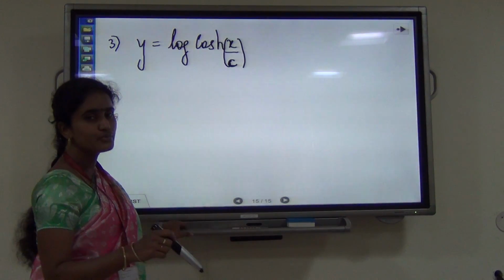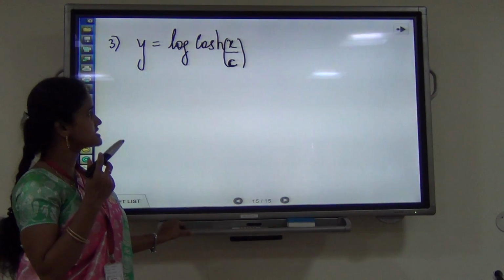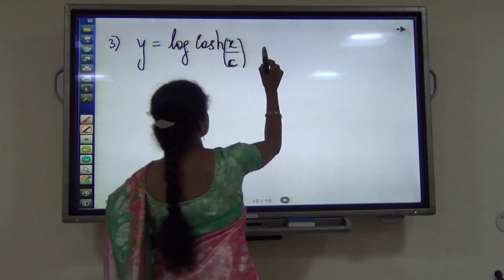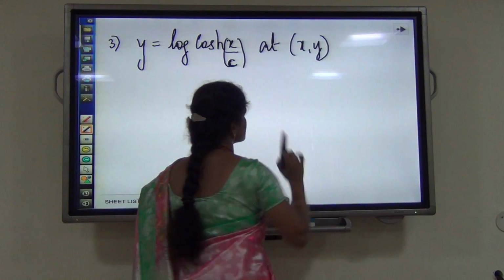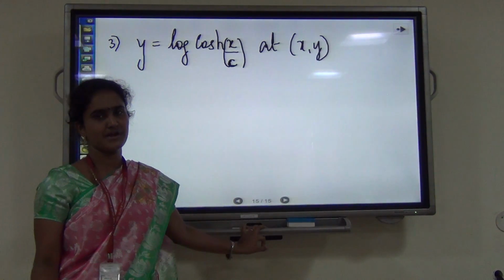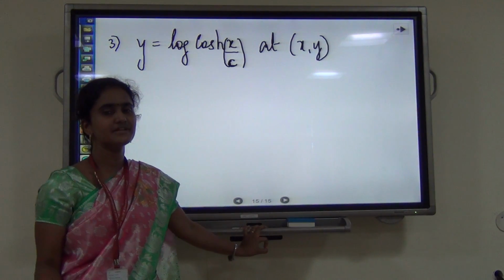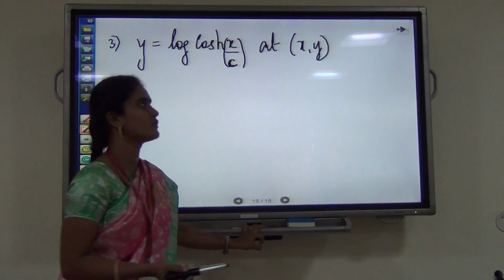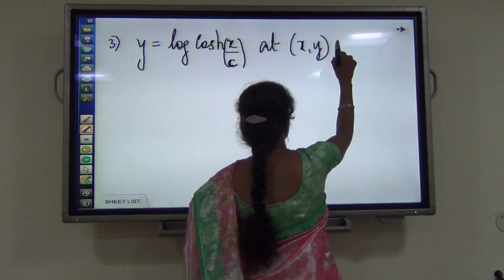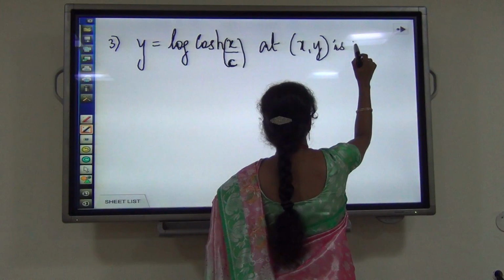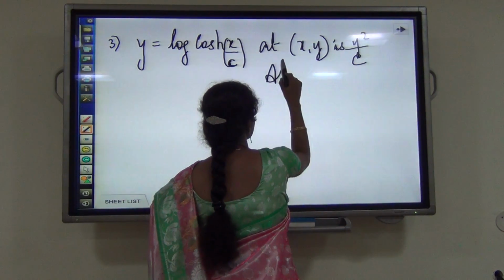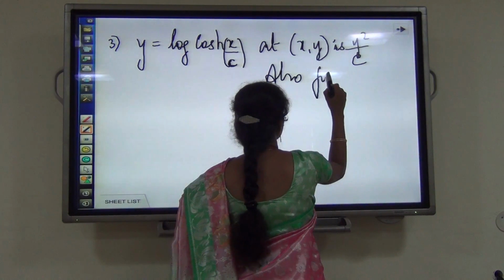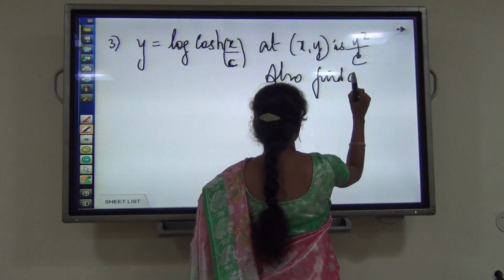We are going to prove the radius of curvature for this Cartesian curve at the point x comma y, for any particular point in general. We are going to prove this is y square by c, and also we are going to find the value of rho